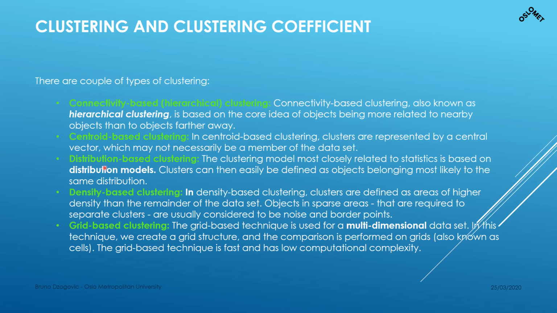Then you have distribution-based clustering. This is very good for statistics in distribution models. When you have a distribution, it's better to explain it like throwing, let's say, some sand on the ground. The way this is distributed is according to the center of gravity, and most pieces will fall around the place where it's centered. It's kind of difficult to explain without a picture.